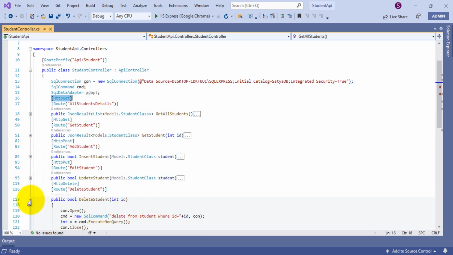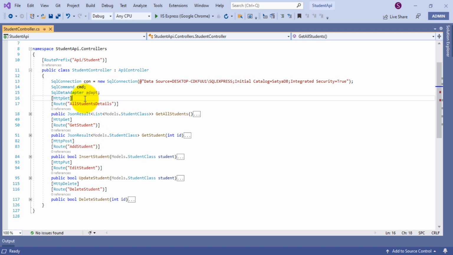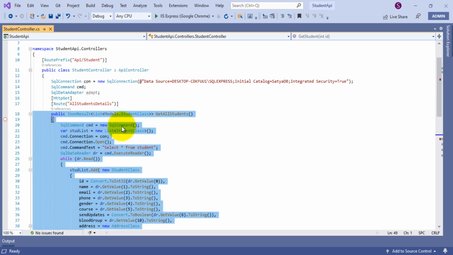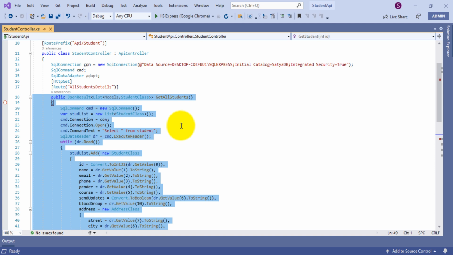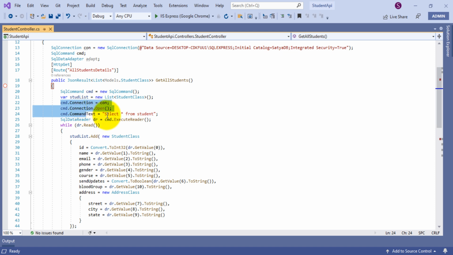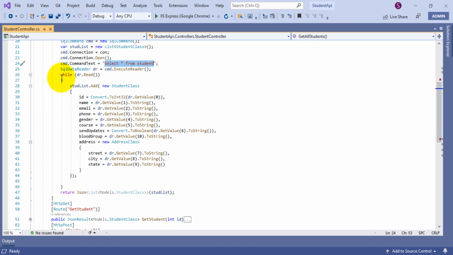collapse all the things. Okay, so here HTTP GET will return all the employee details. So this route value is all student details. Inside the JSON type, it will return a list of students. Okay, so these are the student list which will be assigned to the student list object, and it will create the connection, and this command text has the table name, select from student, so it will return all the student details. So using a while loop, we'll read the data reader,